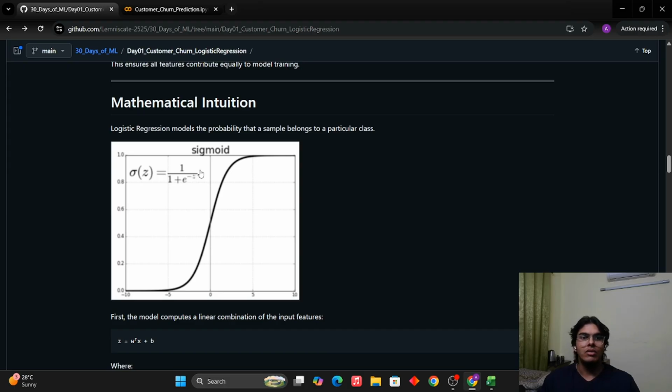So this value is what it calculates: 1 over 1 plus e to the power minus z, where z is nothing but the weighted sum of the features and the model weights, and the bias is added to it. So this calculates values between 0 and 1, basically probability values. Okay. So for all the features, I'm going to calculate this sigma z right here. And I'm going to get some values.